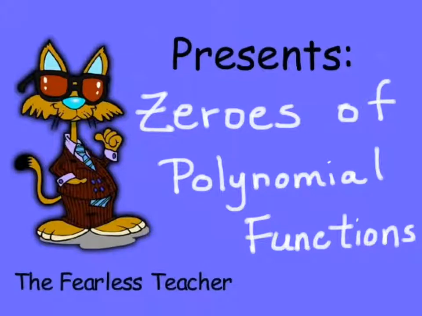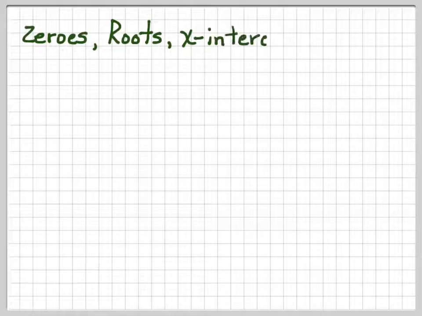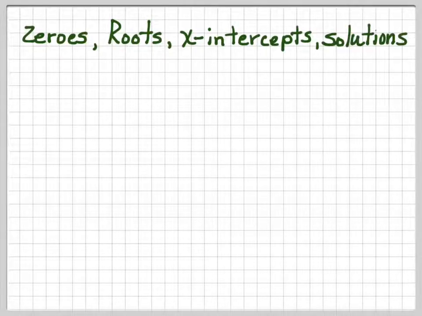Now we're going to talk about zeros of polynomial functions and what happens to the graph at those zeros. Some different words: we can call them zeros, roots, x-intercepts, or solutions. When we're solving a polynomial function, when y equals 0, we're trying to find the values of x where the graph either touches or crosses